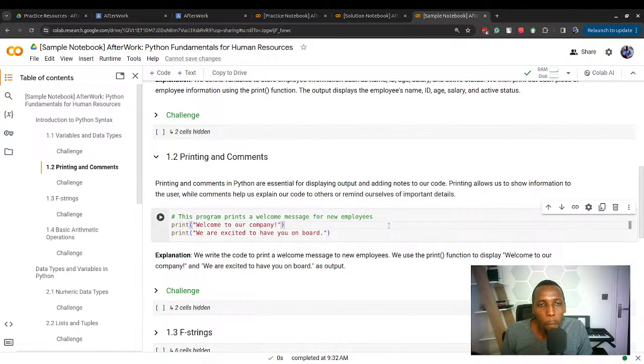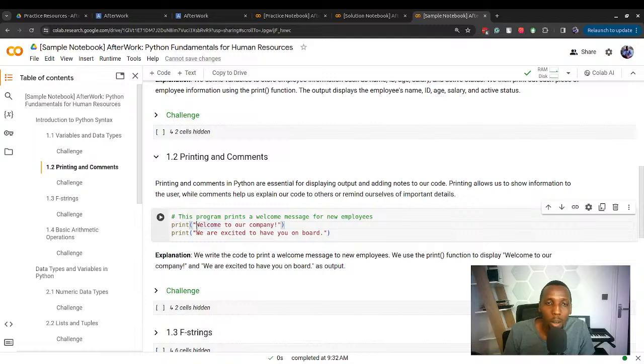Moving on, I have talked about printing. We use a print function and we give the print function some input. Like in our case here, we are giving our print function this string and it's going to print out this particular string. The same case in this other line, we're giving it this particular string and it's going to print out this string. So printing just allows us to be able to display output, maybe saved in our variables,